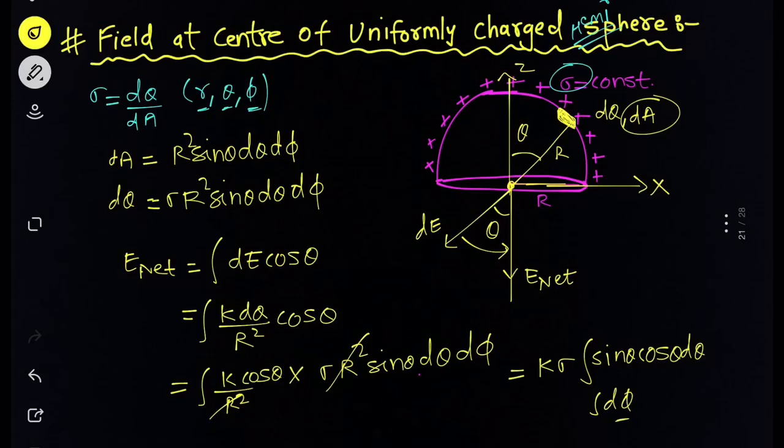So phi is measured from x-axis on the xy plane. So here this is my xy plane, this base, and we can say for a whole hemisphere we have the variation of phi from 0 to 2 pi, but for hemisphere the variation of theta is from 0 to pi by 2, because we have only half part of the sphere. So we have to write the variation of theta is from 0 to pi by 2.